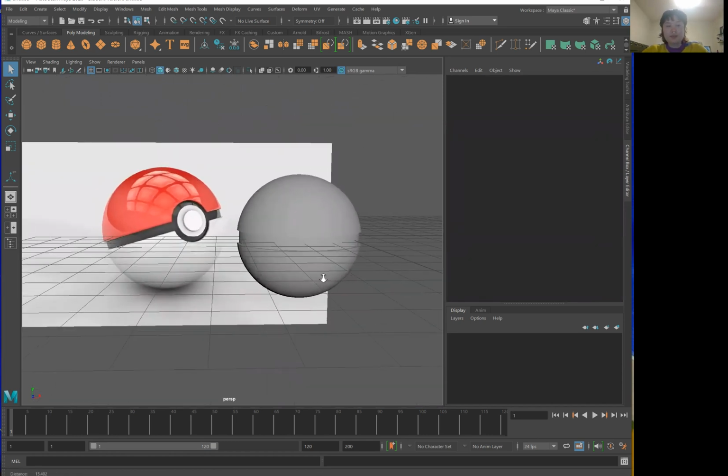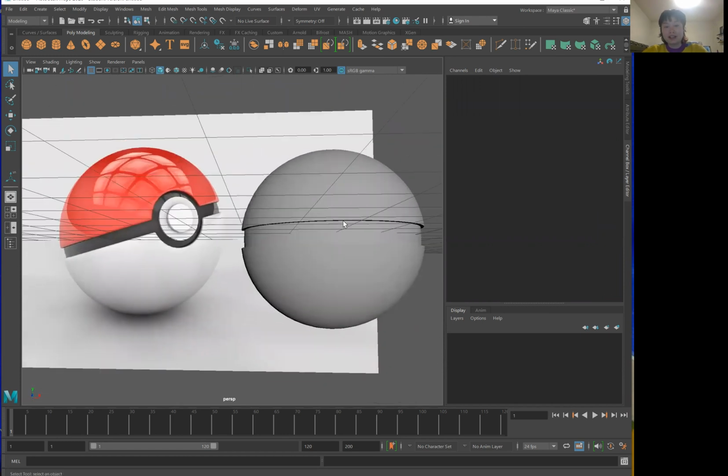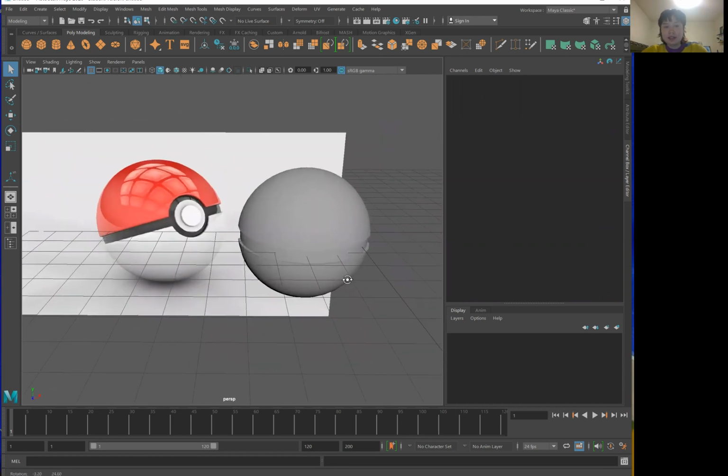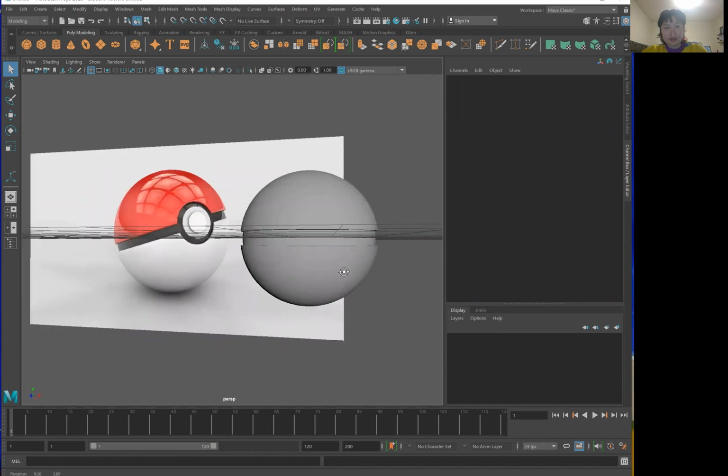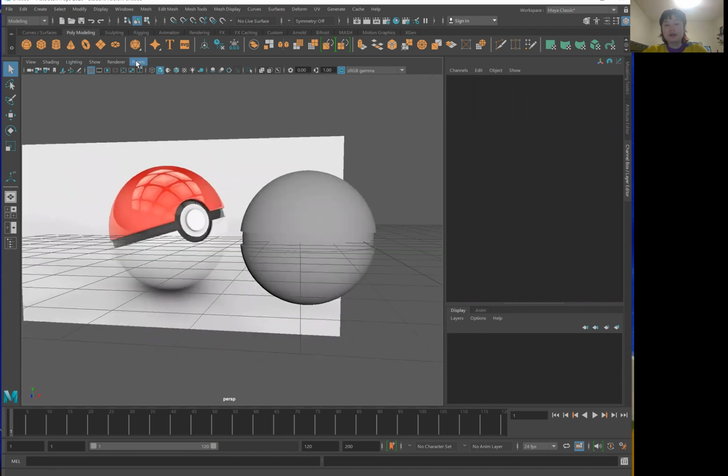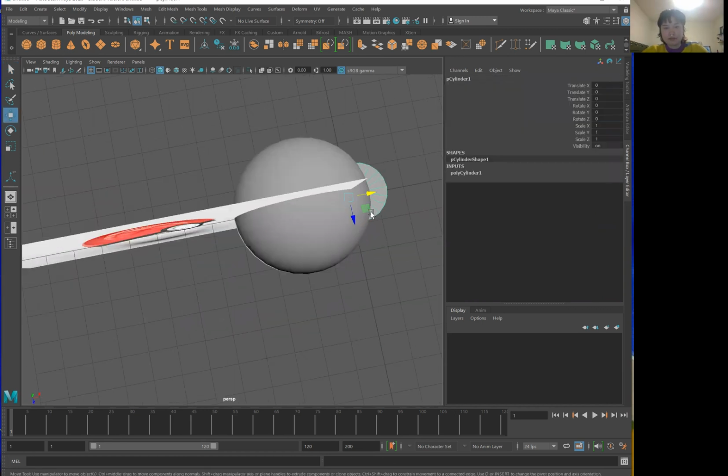All right. So now that we have the little belt here, the next step is to put the little circular indent that's on the center here. So to do this, we are going to create a cylinder. So if you go back up to poly modeling, click on the cylinder here, just going to bring it forward a little bit